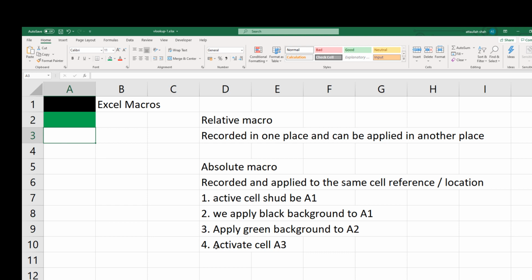If you forget this fourth step, which people often do, they say my macro is not moving forward. So remember this fourth step is important. Before closing the macro, you should know where the cursor should be.